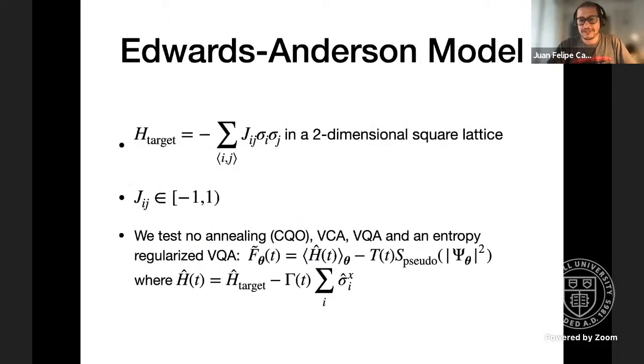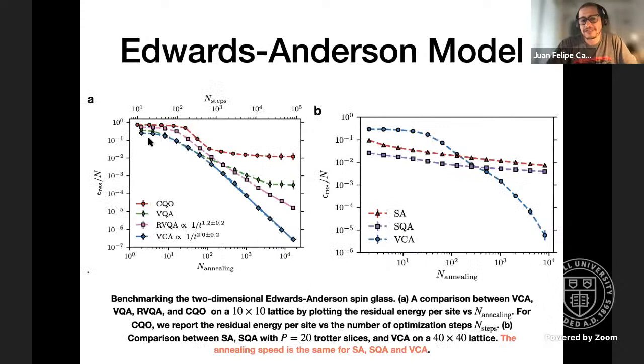We also look at the 2D Anderson model, which is a spin glass in a two-dimensional square lattice. And we also found the same: variational classical annealing, which is this blue curve, is the best compared to different flavors of variational quantum annealing, which are those two in green and